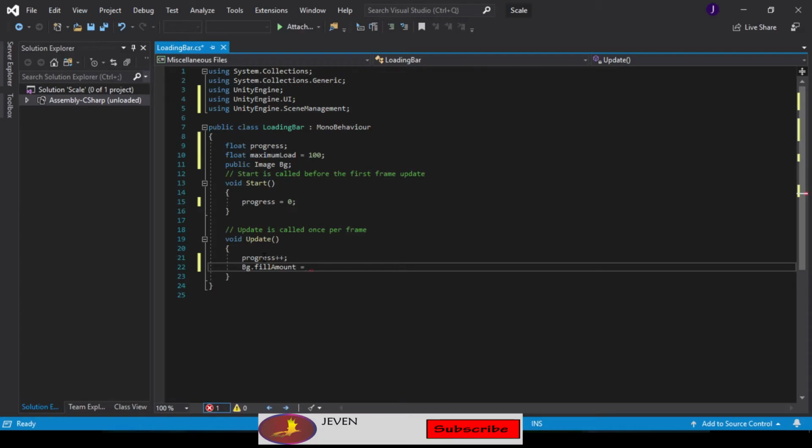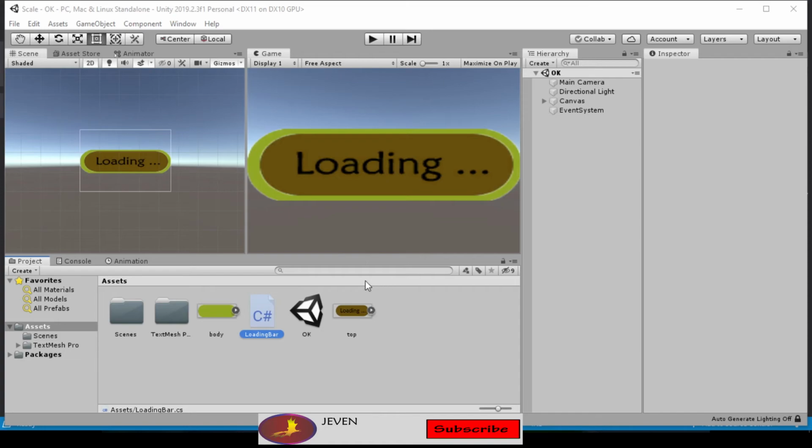This would be equal to my progress divided by the maximum load. And the reason why I'm doing this is because, let's check Unity. So the reason why I'm doing this is because down here for my images,